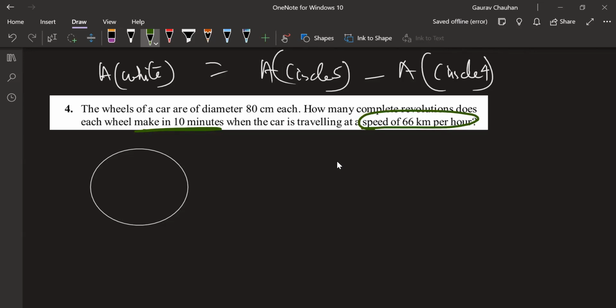Speed is 66 km per hour. You have an idea, Tulsi? Go ahead. Sir, we'll find the circumference of the circle. Okay, we will find the circumference. Go ahead then. One circumference takes...